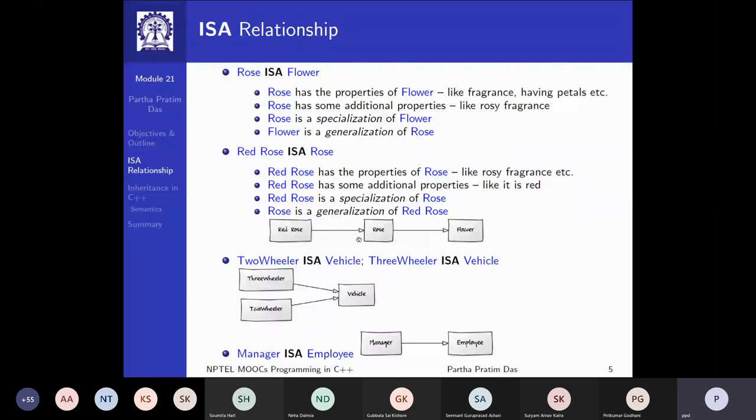We will see more of it when we discuss UML, Unified Modeling Language for Object-Oriented Analysis and Design. But right now we just learned this very fundamental diagram where the classes or the concepts, also called entity sets, are written by their name within rectangular boxes, and you draw an arrow from a specialized entity to a generalized entity, and that arrowhead is an open head. That is, you have an arrow with an arrowhead which is a triangle which is not filled